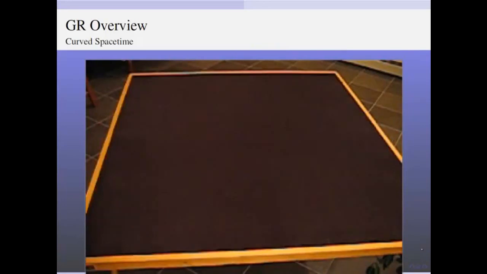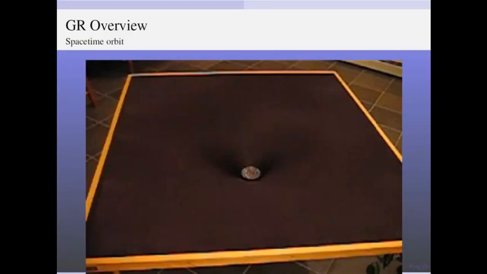So let's see. Get myself to move to the next. If I give it the right amount of energy, I can get one of these balls to orbit the mass, right? And that's sort of exactly what's happening when we talk about the curvature of space-time. Now, this, of course, is an inexact analogy, right? Why? Because we have to use gravity to